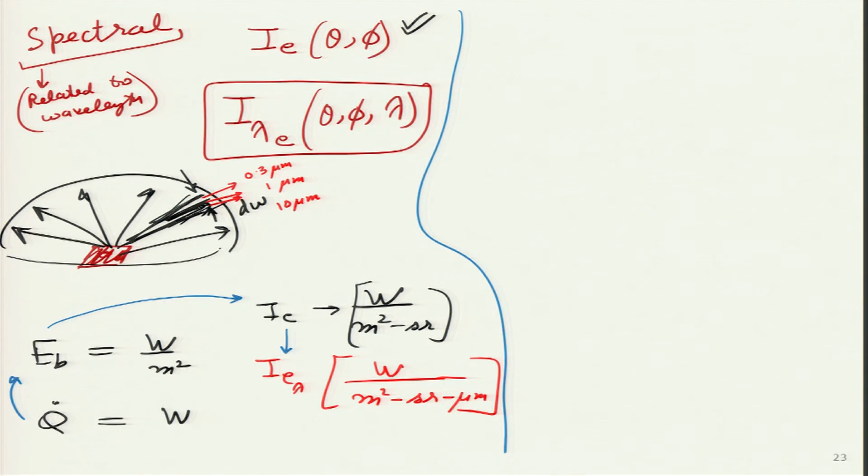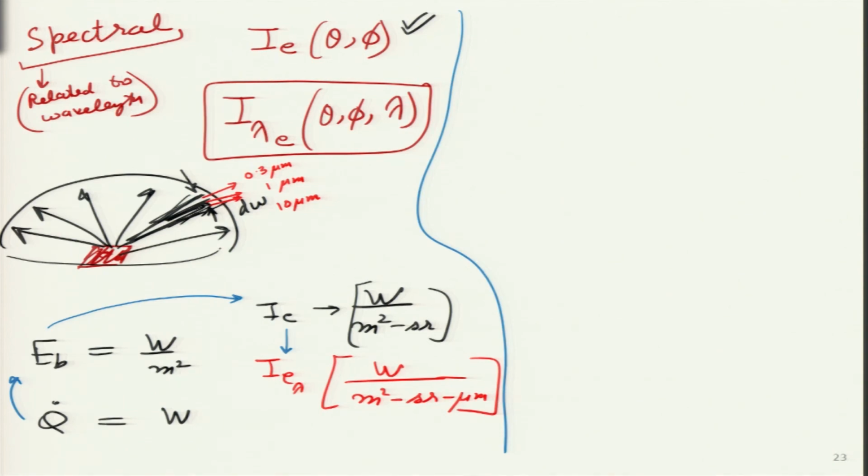Which means if I start integrating it, then I will go in the reverse direction. I will go from watts per meter square per steradian per micron, then integrate with the wavelength, micron is gone, integrate with solid angle, steradian is gone, integrate with area, and everything except watts is gone. I hope I have not confused any student. This is just an illustration I wanted to show. Now, let me repeat the whole thing formally. So, formally how do I define I e lambda? I will say spectral, or maybe I have space here, maybe here I will write.